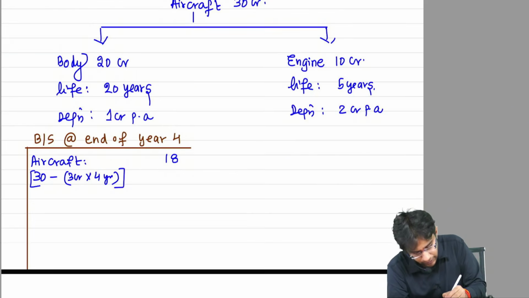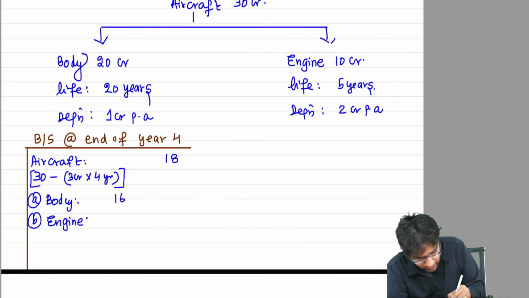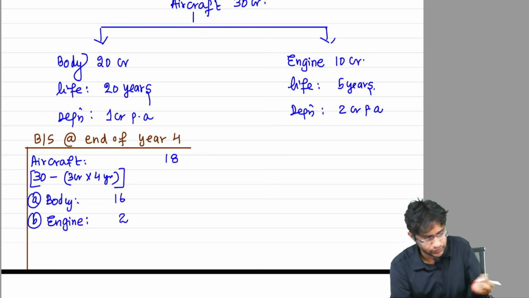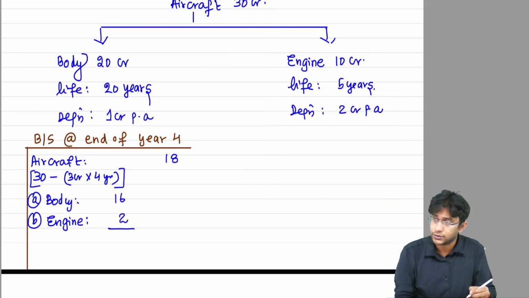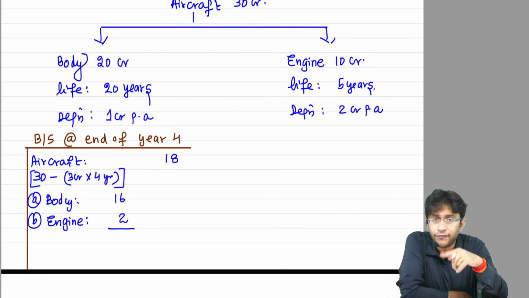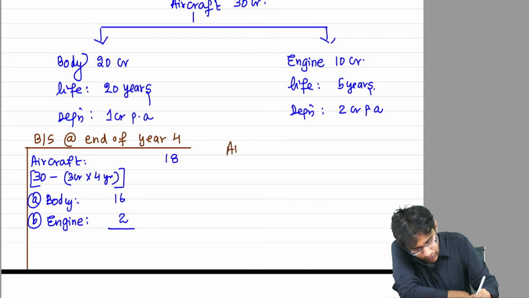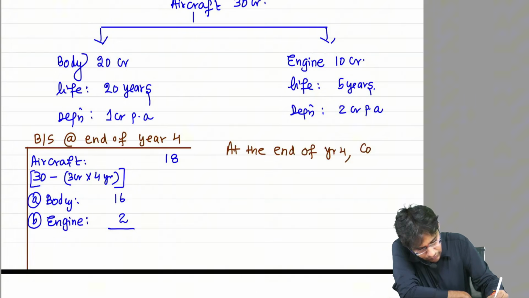If you want the individual breakup, the body will be appearing at 16 crores. The engine carrying amount will be 2 crores. That's all. 16 plus 2 will make up your 18. Okay, sir. Now, actually, my engine will work for 1 more year. What this fellow did, at the end of year 4, the company